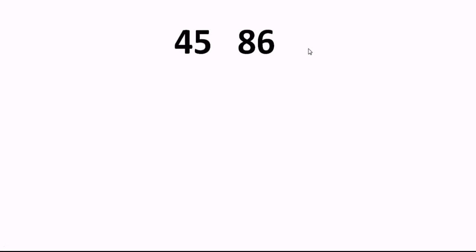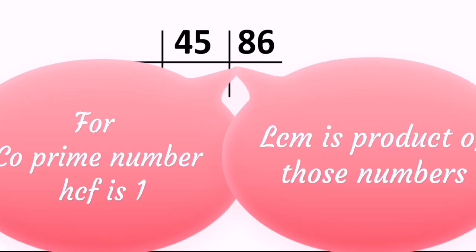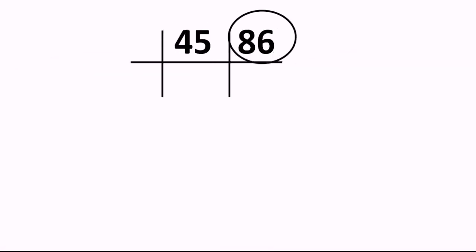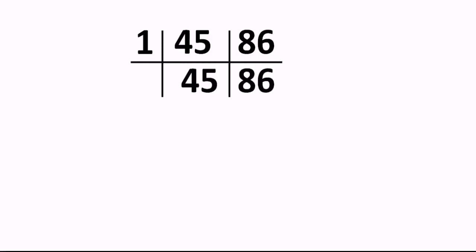Okay, so the next numbers are 45 and 86, and this is a very special question. Let's see whether you remember or not. I taught you whenever you come across co-prime numbers, their GCD is always 1. So do you realize that these numbers 45 and 86 are co-prime again? Yes. And so they are not present in the same table except the table of 1, right? 45 and 86, they are co-prime numbers, so they must be divisible by 1, and when you divide by 1, we get the same answer, that is 45 and 86 as they are, right?